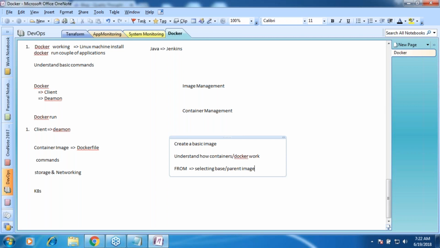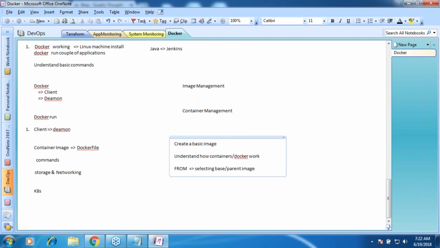So for example, if I want to start with something like Java or Tomcat installation, for Tomcat what should be present? If I have any container where Java is already installed, then that is the right place for me to start. So for example, if I'm looking for any website deployment, I'll be taking a container which already has Apache or Nginx, right? That will be my from image. So that's the whole concept.